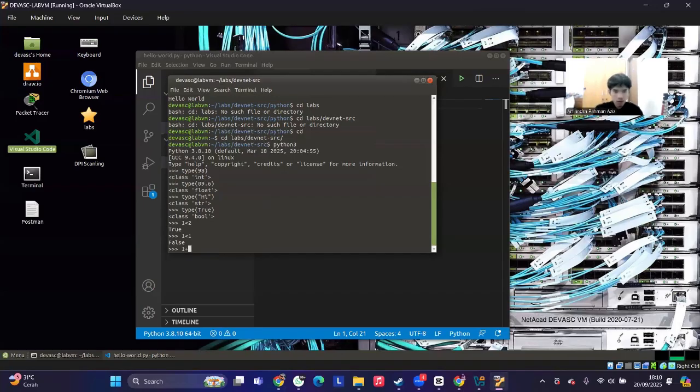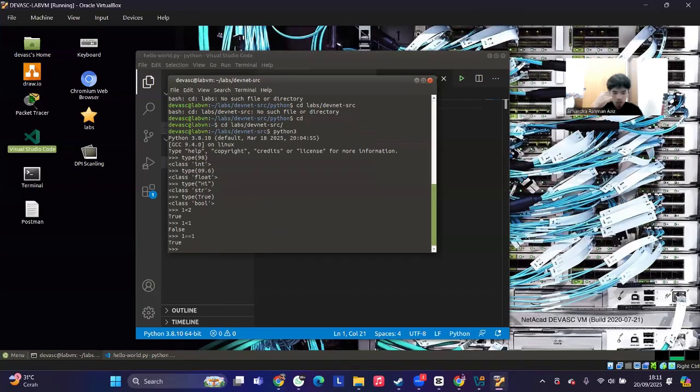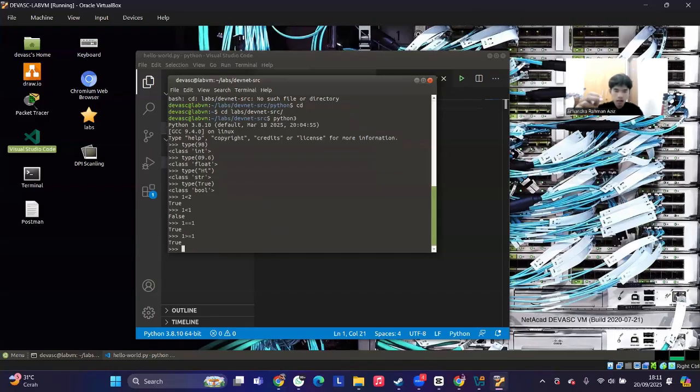Then 1 double equal 1. Double equal means equal in Python, so it will say true. And then 1 greater than or equal to 1, and it says true. And then the last one is 1 less than or equal to 1, and true.